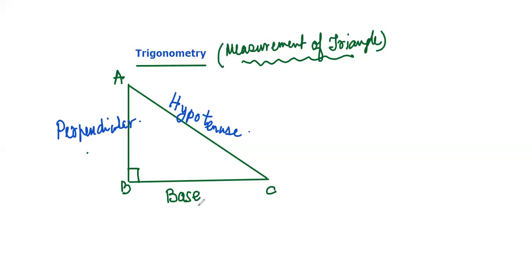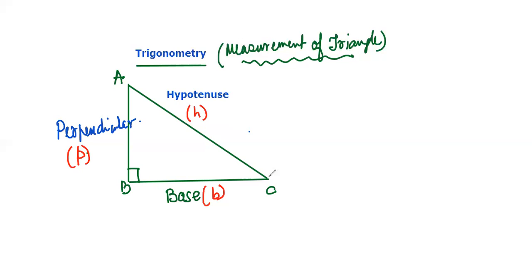So you have got three sides. This side is called the base. I can denote it by small b. And this side is the perpendicular. I can denote by small p. And this is your hypotenuse, which I have mentioned just now. So that is, I can write it as h. So this is a right angle triangle consisting of three sides. So this is your hypotenuse, and let me denote it by, say, h.